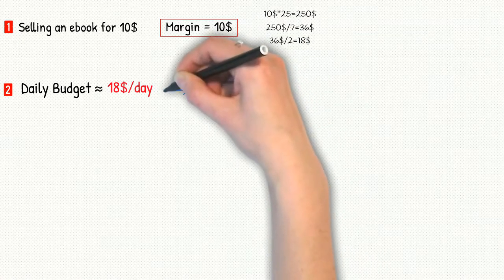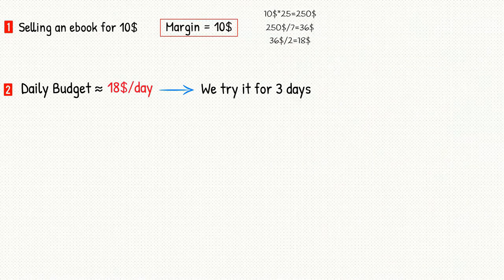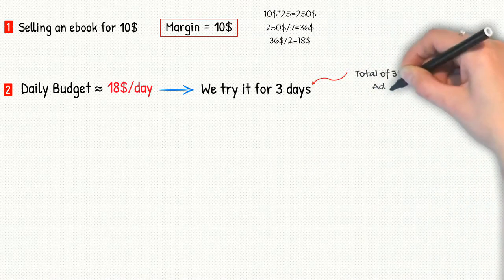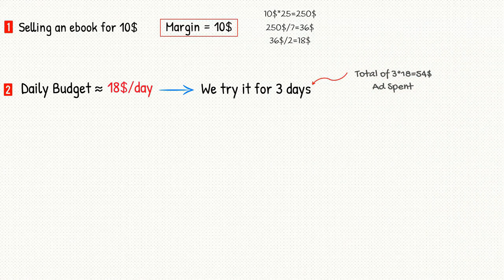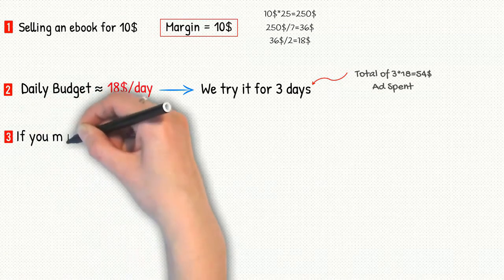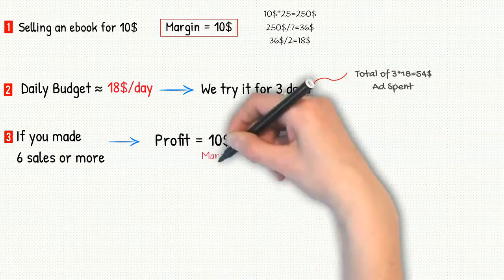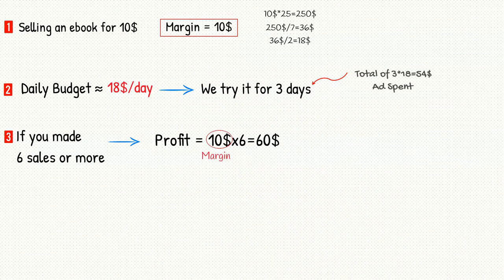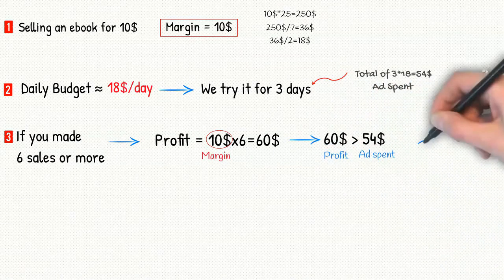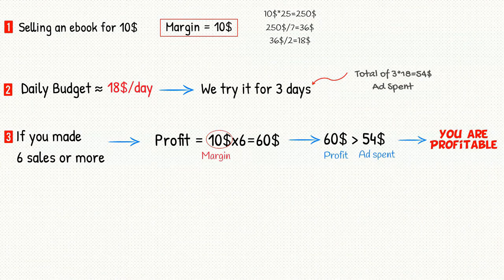We try it for 3 days, so the total of 3 by 18 equal $54 ad spent. So if you made 6 sales or more, it means you made more than $60 of sales. Since your margin is $10, it means you are profitable. Since you only spent $54, in this case,